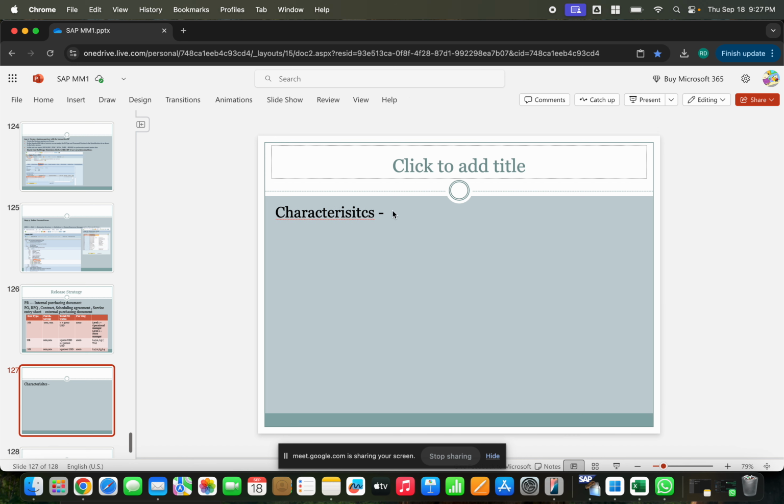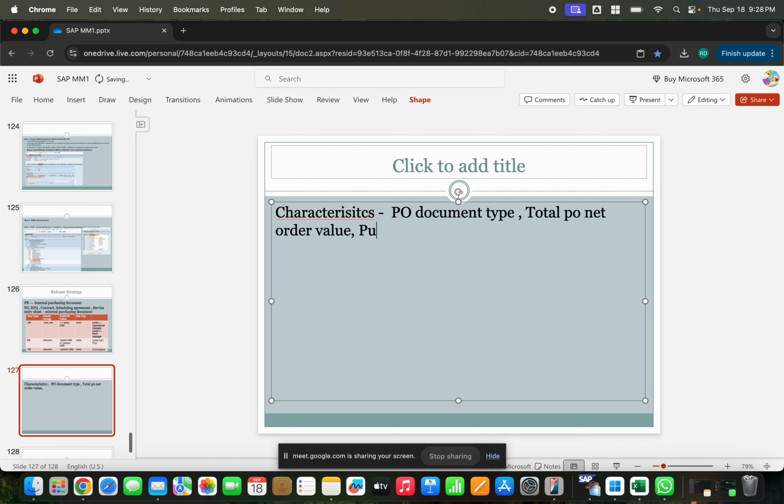So the characteristics are PO document type, then total PO net order value, then I'm planning to take purchasing group and purchasing organization. I'm just choosing these characteristics, but you can choose whatever you want, but